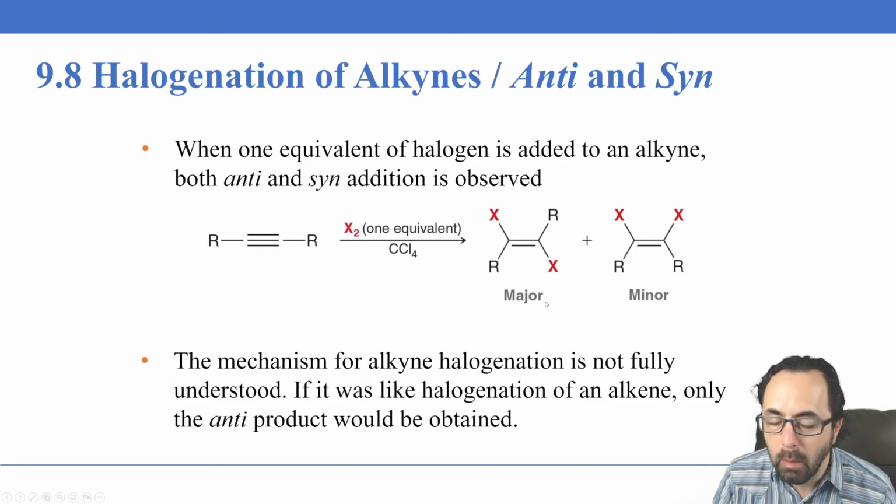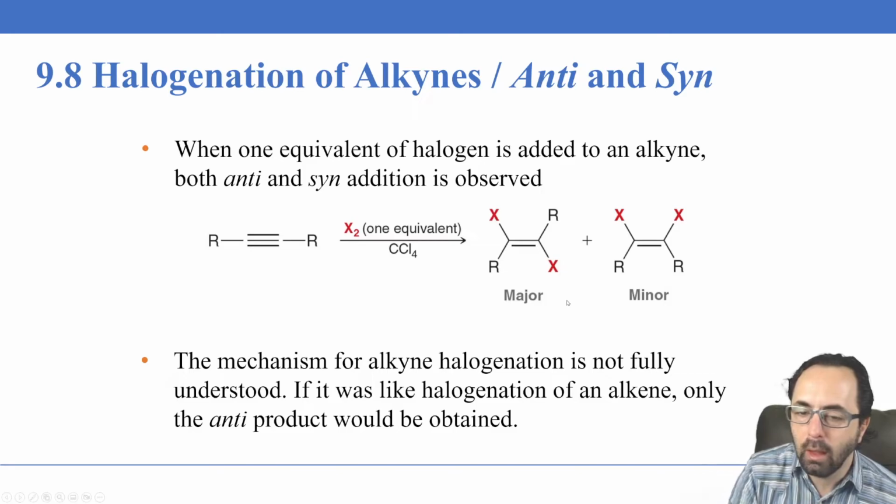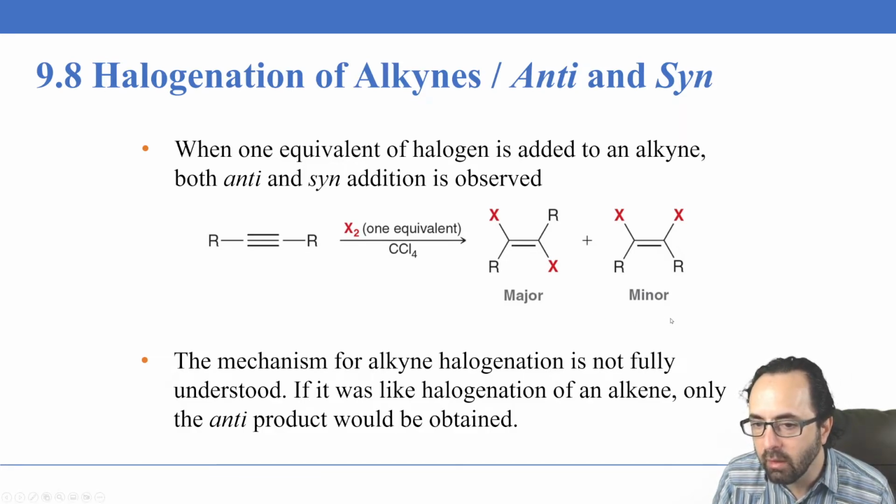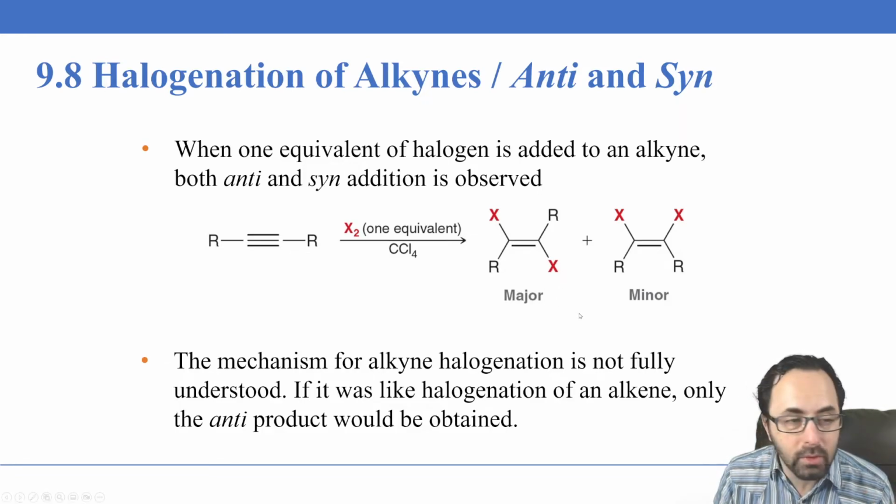Now, remember that if we go on to halogenate the alkene, we're always going to get the anti-addition, because we're going to go through a bromonium intermediate, right? And so then the bromide ion would have to attack from the backside. So if you've forgotten that, I encourage you to go back and understand the halogenation mechanism for the alkene. It's really, really important. But this is not an alkene. This is an alkyne. So as opposed to when we're halogenating the alkene, where we only really see the anti-addition,